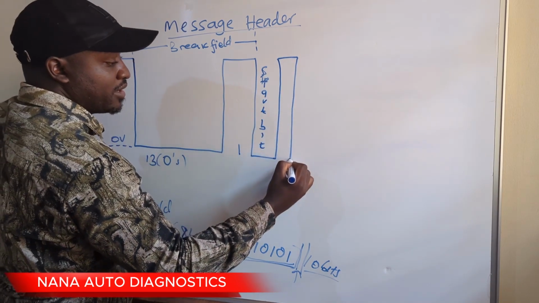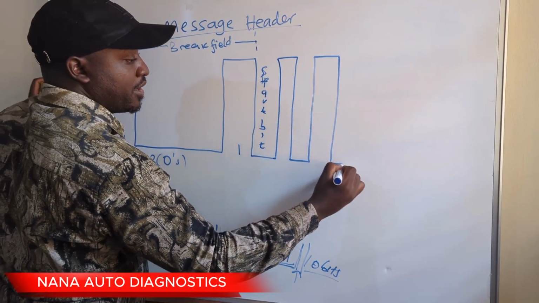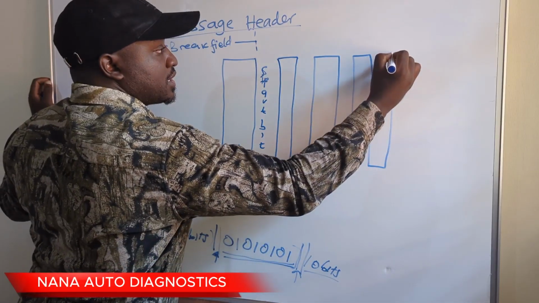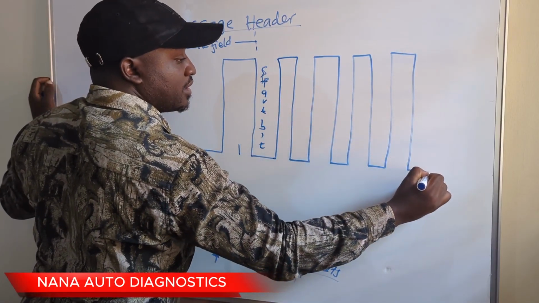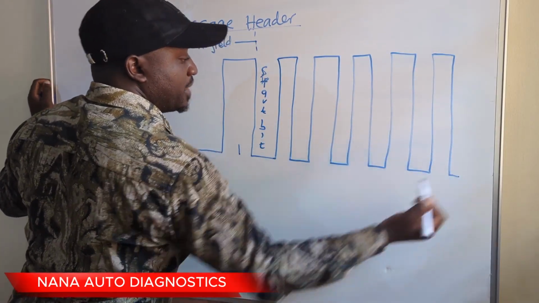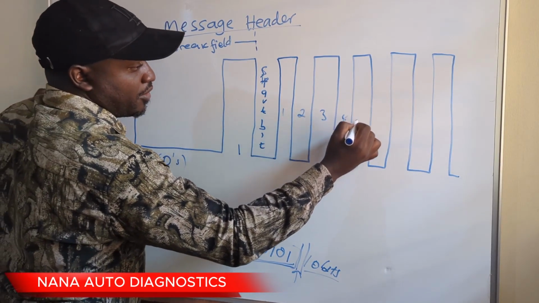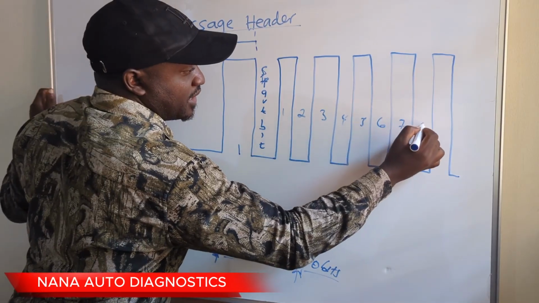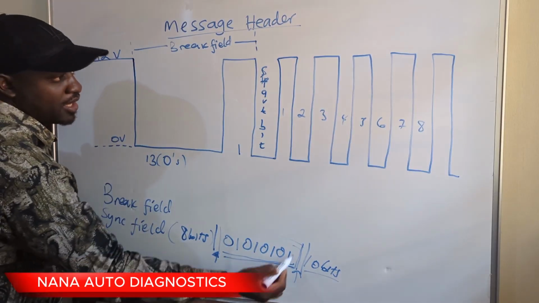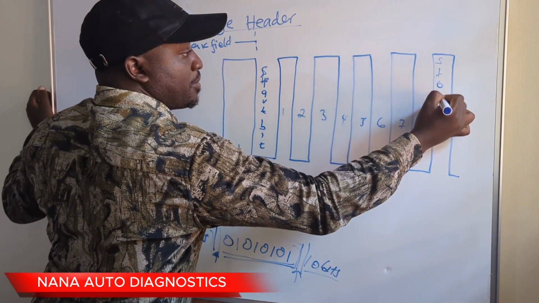So that is 1, 2, 3, 4, 5, 6, 7, 8. Then we move on to the stop bit. So this bit 1, 2, 3, 4, 5, 6, 7, and 8. So these are the 8 bits I'm talking about here. And then this is known as the stop